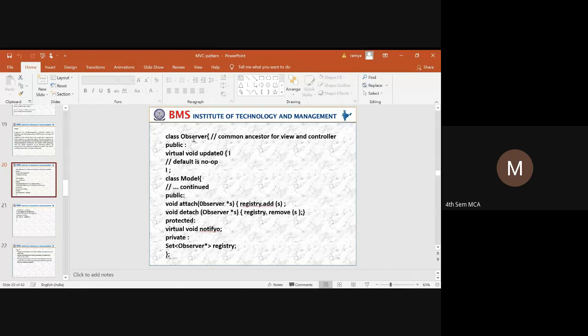Since the observer class is created, we pass the observer as a parameter, and through the observer it is going to add the data into the model. If any data has to be removed, then through the registry it is going to remove that particular data if no more parties are available.